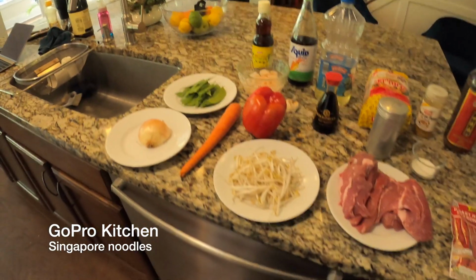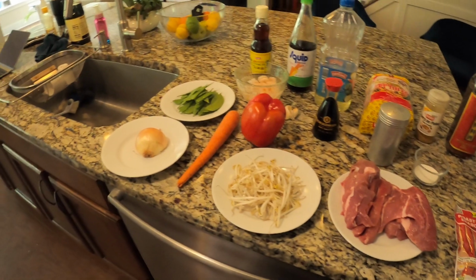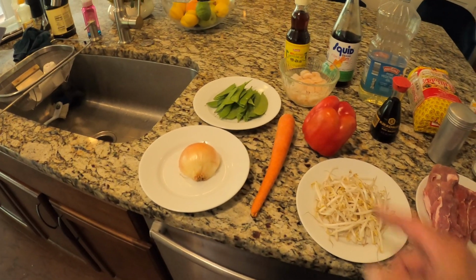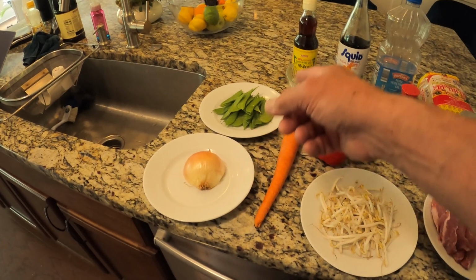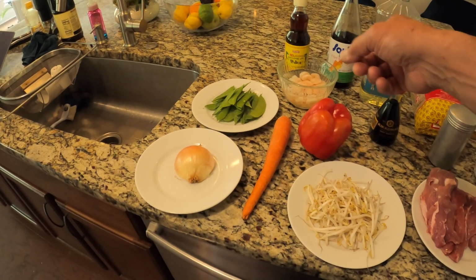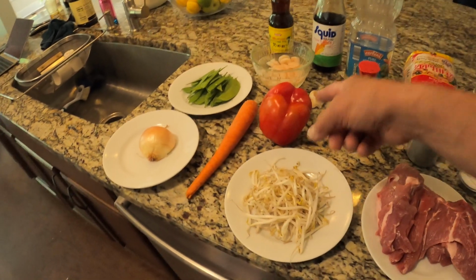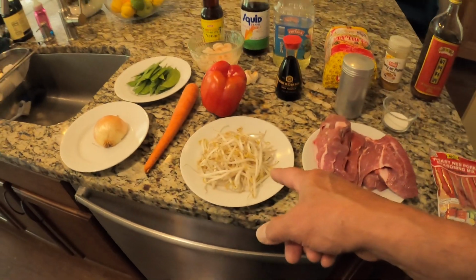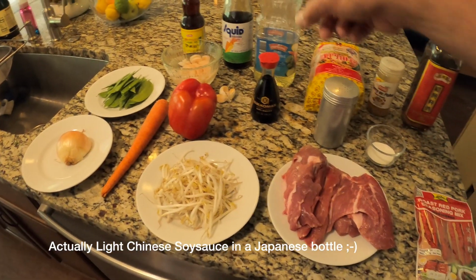Today we're gonna cook my favorite dish. It's called Singapore noodles. And for Singapore noodles you will need the next ingredients: an onion, snap peas, shrimp, sesame oil, fish sauce, garlic, a red bell pepper, some carrot, some bean sprouts, Japanese soy sauce, regular vegetable